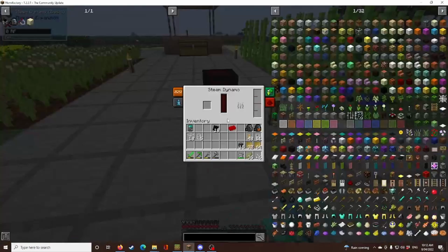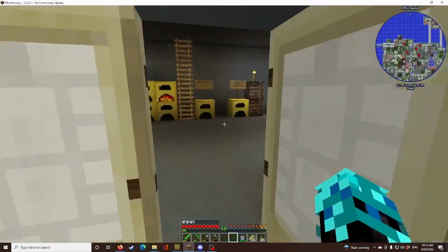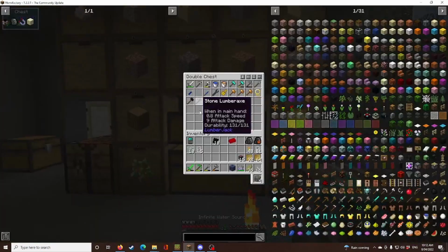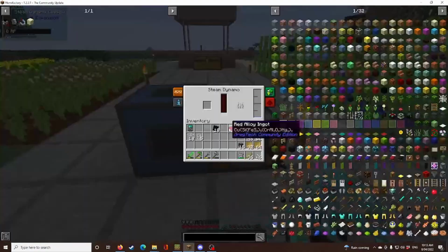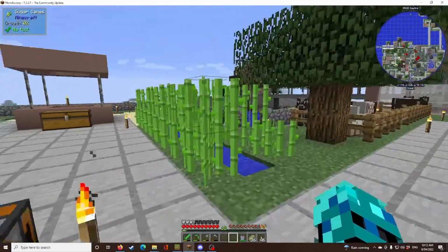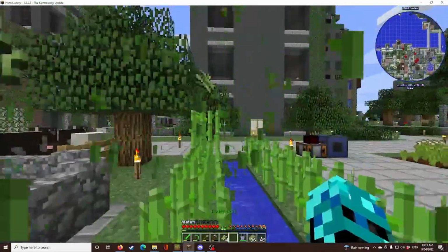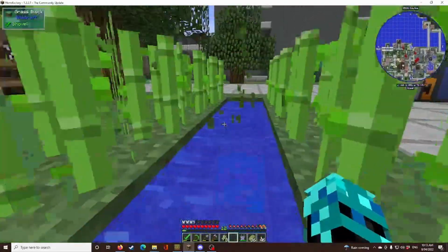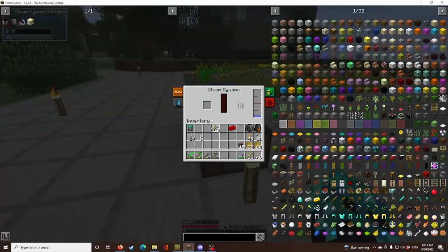So the steam dynamo is going to need water, which that infinite water source will come quite in handy for. If we put that here, yeah, it'll fill up with water. My understanding is this steam dynamo can run on sugar. Yep, there you go, it's producing power. So we have our first power